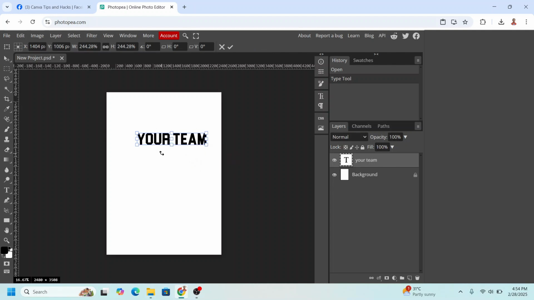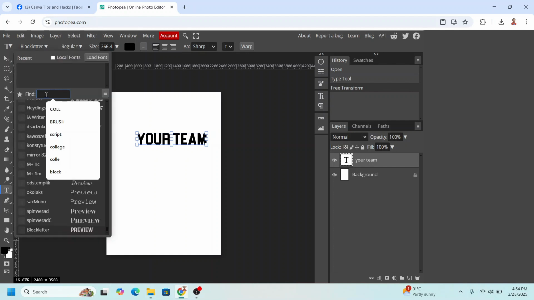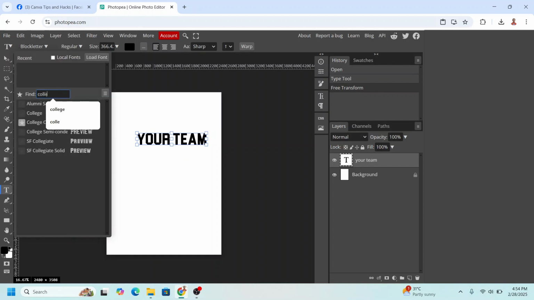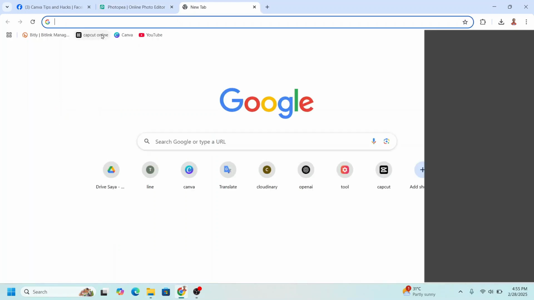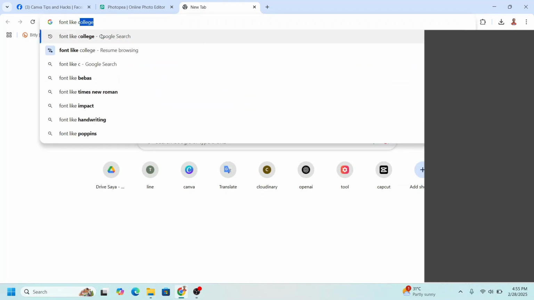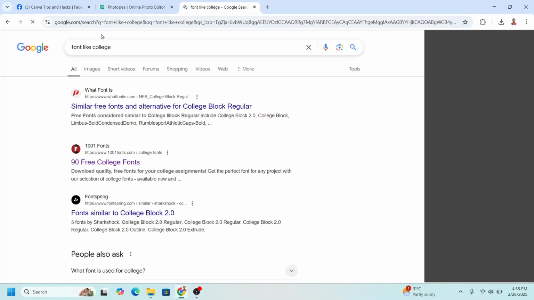Now let's change the font. Click the type tool again and click this font. Usually the name of the font is College, but let's see, I will check it. But the T is different, so we have to install a new font. Okay, now add a new tab and then type here font like College, enter, and I will choose this college font, click it,